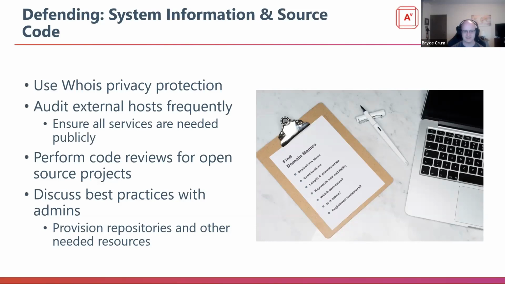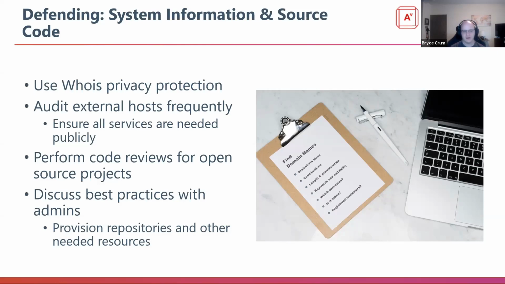This can be extremely difficult for larger companies, but it's still something valuable to be doing, and if it's not being done, it definitely needs to be considered. Performing source code reviews is an excellent option if you have a lot of open source projects and you're going to be dependent on them to remain that way. You kind of have to depend on the community. It may be a good move to not only do it through a standard code review, but also to employ bug bounty programs and things of that nature to try to keep that code secured as best as possible and prevent that information from falling into the wrong hands to be used by people you don't want.